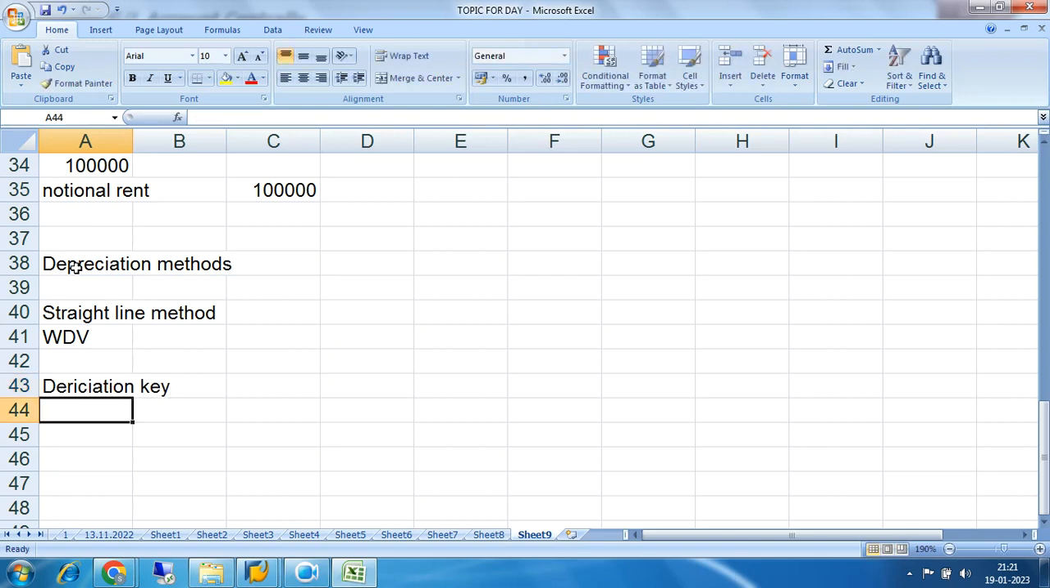What is the depreciation key? The depreciation key is nothing but the combination of rate plus method. Rate plus method means, suppose for the straight line the rate is 10% and the method is straight line, so 10% straight line, that is a depreciation key. So the depreciation key is an identification